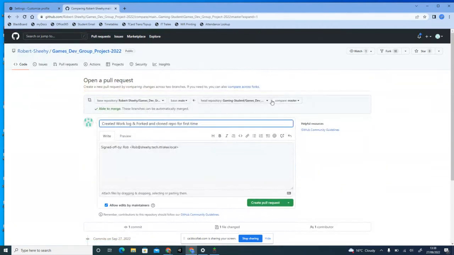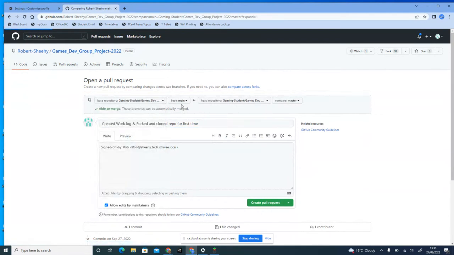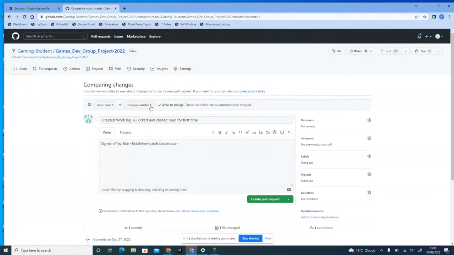Okay, now be careful here. Here we're sending from the gaming student, games dev, master, but we're not sending it to the main, we're sending it to the main of your own account. So you're going from your master to your main before we send it on to the group project. Okay, so if I create this pull request here,